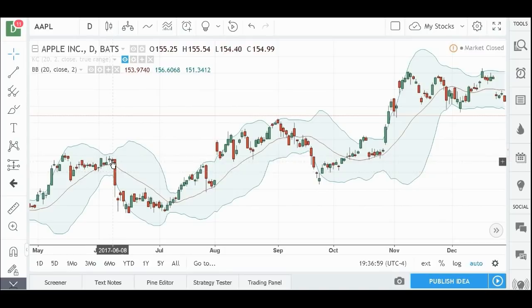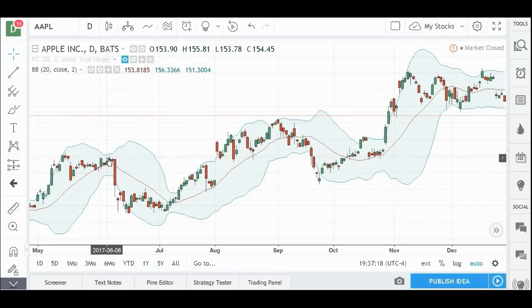You had a squeeze and then a release, okay? Because it's very tense here. When the upper and lower Bollinger Bands are very close together, that means that it's probably been going sideways for a while. And so the tension is building, and then release of the tension. Finally, it breaks one way or the other. In this case, it broke down.